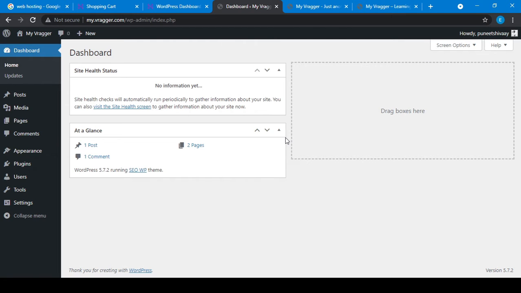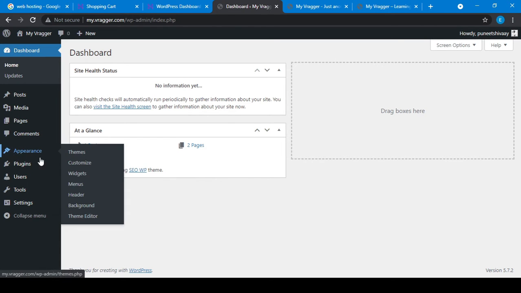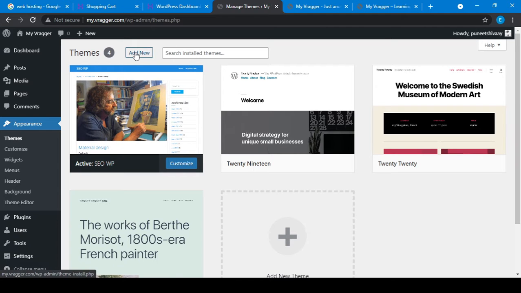I think I have done all the basic settings. Now we will move further to create our website. In my case, I will use another theme. So to add a new theme, I will go to Appearance. I will hover on this and choose the Themes option. Okay, so I will click Add New